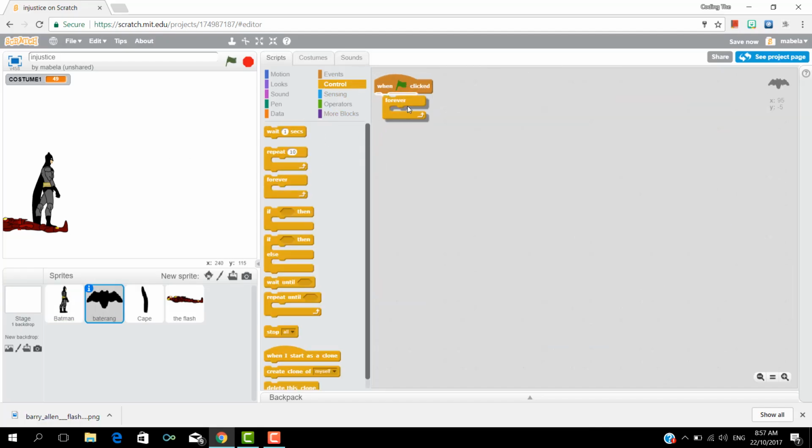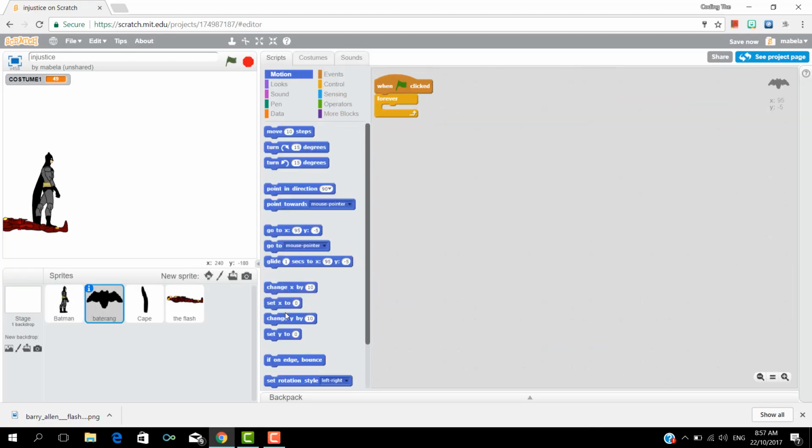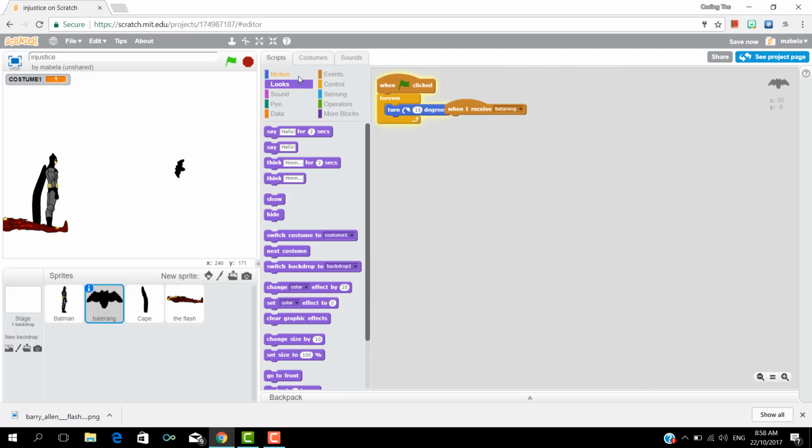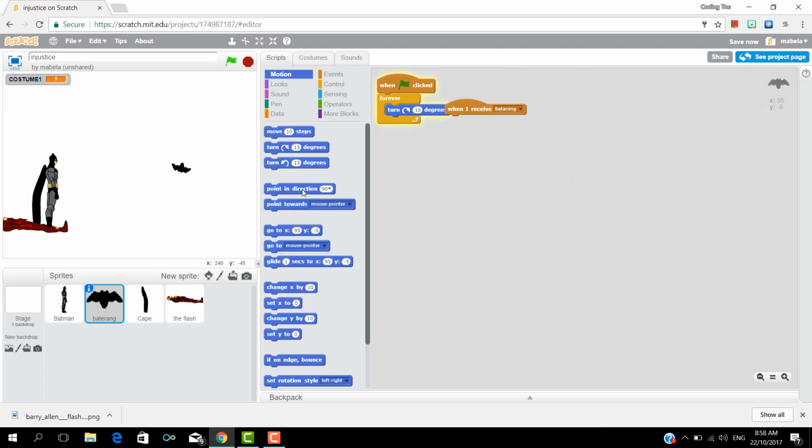Okay, so go and drag out when clicked forever. And this is in batarang, by the way, and put turn 15 degrees clockwise. So now it should be rotating clockwise 15 degrees. Now put a when I receive batarang, go to and put Batman,